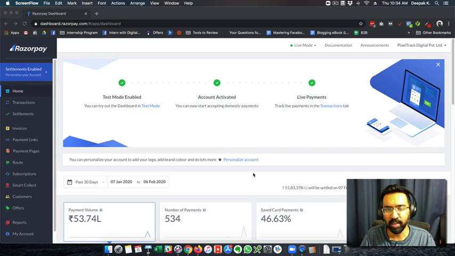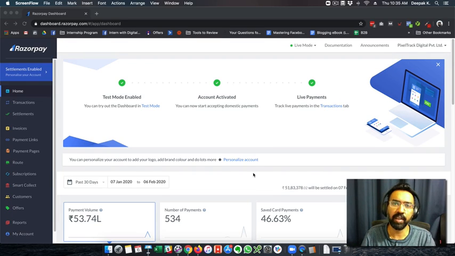So a short disclaimer before we continue with the video. I was an ex-employee of Razorpay and I was an ex-employee of InstaMojo as well. And now I have started using both the payment gateways. I recently signed up for Razorpay because I was a long time user of InstaMojo, but I wanted some extra features that InstaMojo didn't have. So I just started using it, and we have generated some revenue so far. Yesterday we did a product launch and we generated quite a significant amount of revenue.